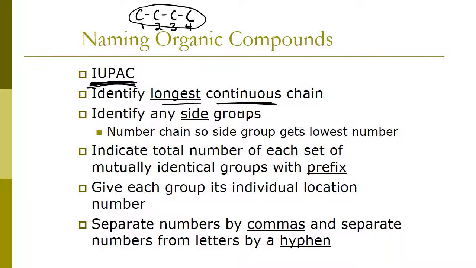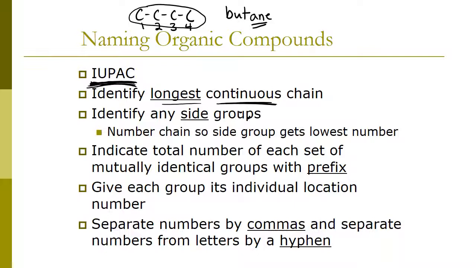Now you actually have to look to see if you should number it from left to right or right to left. On this one, it makes no difference because there are no side groups to look at. So 4 carbons in a chain, that prefix is but. Because this is an alkane, meaning it's only single bonds with just carbon and hydrogen, we put the ending ane,